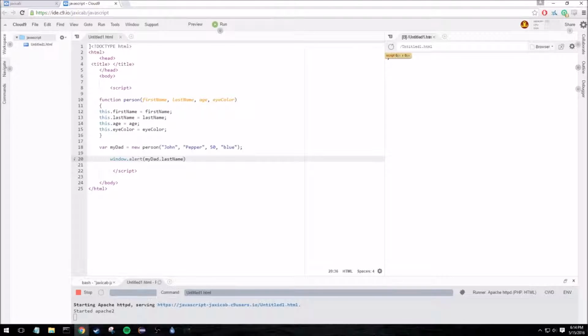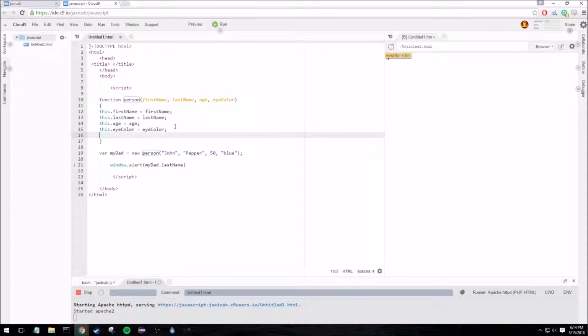Let's say, for the sake of just sort of throwing it out there, that we wanted to be able to change the last name of whatever person we make, sort of on the fly, right? As a function, or a method rather. So we're going to call it this. We always start off with this because that's an attribute sort of thing. We want it to be able to apply to every object we make, and we're going to call this change name. And this is going to be a function